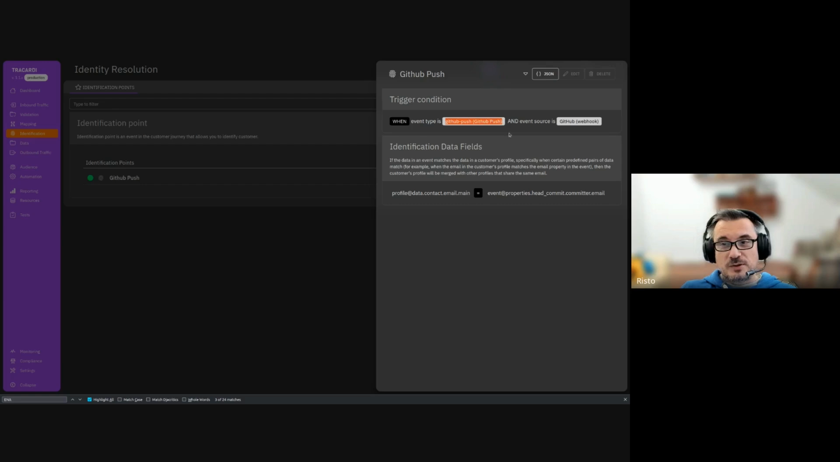So I'm looking for an event type that is git push. That event type comes from Git. If somebody pushes some code, it also looks like it should come from GitHub. So we need a git push event from GitHub. GitHub is a webhook